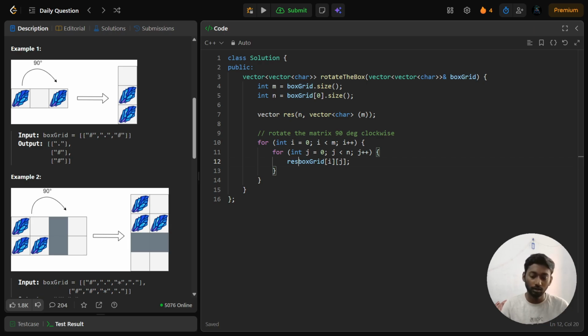the result of j comma n minus i minus 1. So what we are doing, we are just copying the value of the original matrix to this, to rotate this, we just